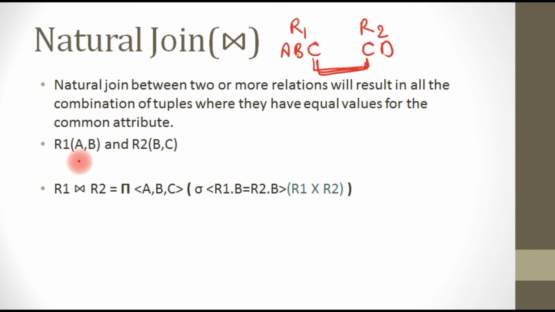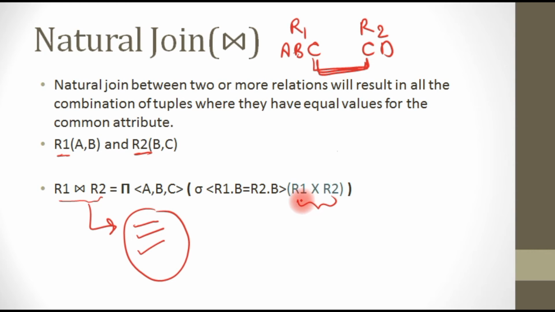Okay. So let's suppose we have an example where we have a relation R1 and another relation R2. R1 has two attributes A, B, and relation R2 has three attributes A, B and C. So what will be the natural join? See, natural join is the combination of three operations: first is projection, selection and the cross product. So first you have to operate R1 cross R2. So the first operation is cross product, then the second operation is selection, and the third operation is projection.